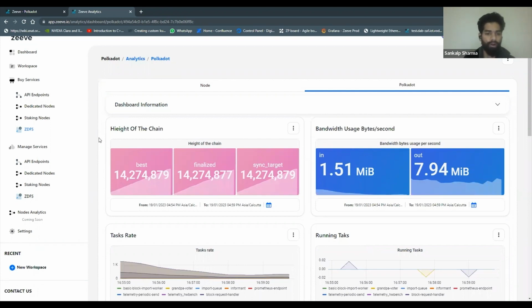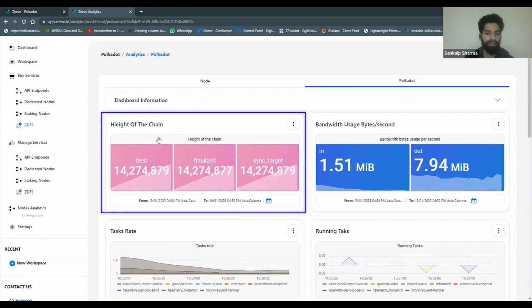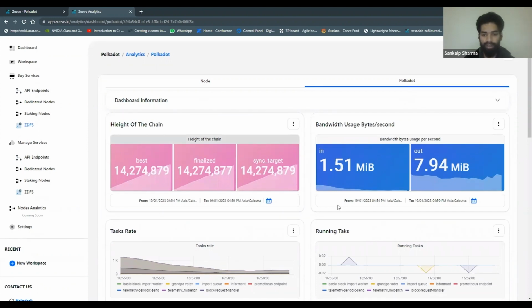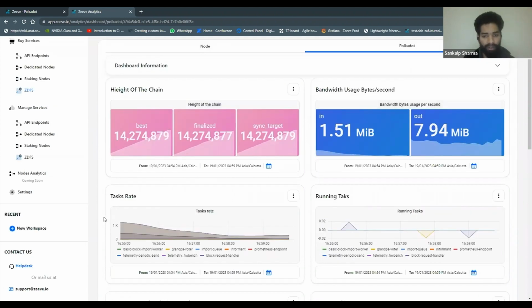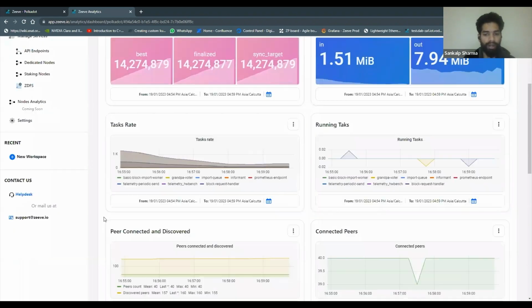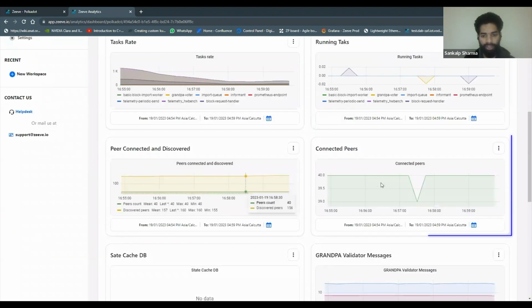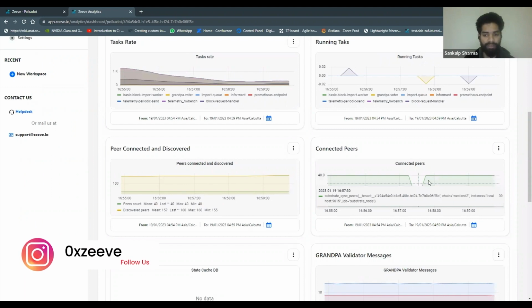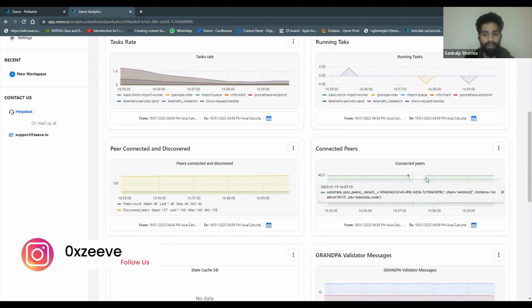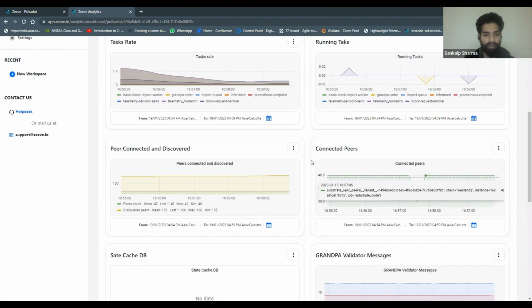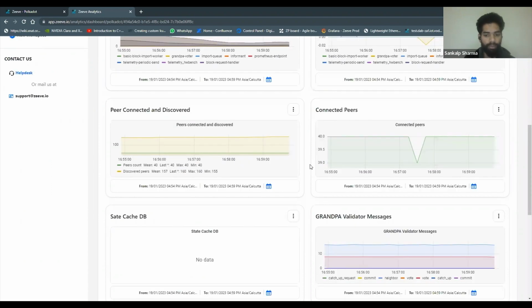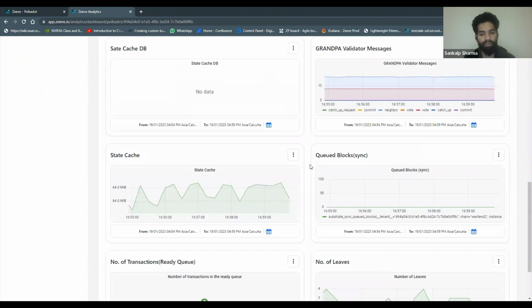For Polkadot, you can see we are seeing height, target, sync target, finalized best, the binary details, all the good details that our binaries export being captured here. And we can even see the number of peers connected to our node. So let's say if there's a certain drop in our connected peers, we can see it here in the graph. And this is how we can monitor all of our